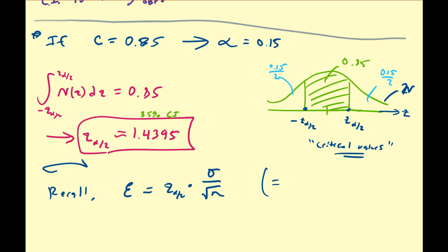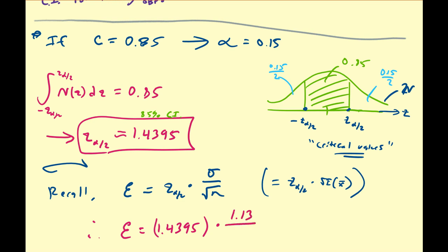And also remember that this is the same thing as writing z alpha over 2 times the standard error of the sample mean. All right, so what do we know? So we already know the critical value here. So that means the margin of error is going to be equal to 1.4395 times the standard deviation of the population, which was given to be 1.13, divided by the square root of